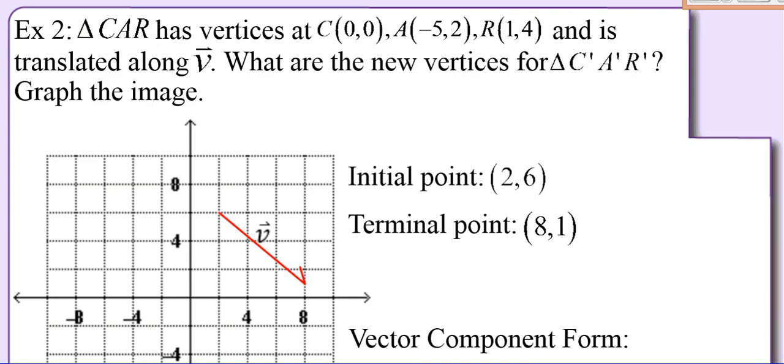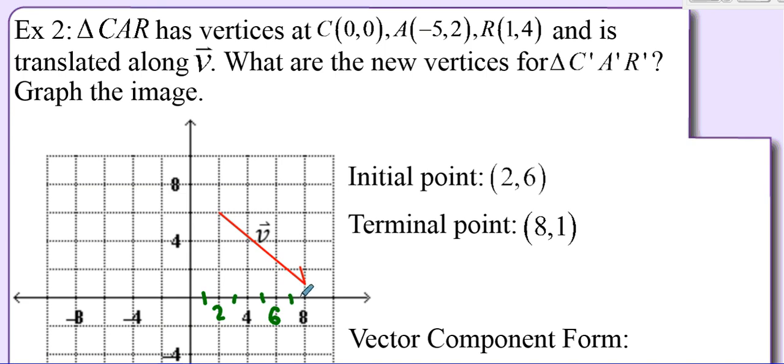This one's a little bit different because it doesn't give you the vector on your paper necessarily. You actually have to graph this out first. The initial point's (2, 6). We're going to draw the initial point there. When you start doing that, hopefully you quickly notice that this is counting by 2s: 2 right there, and that's 4, 6, and 8. So it's counting by 2s, which means,